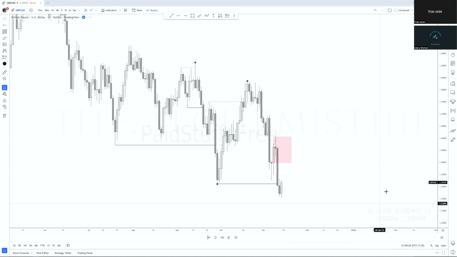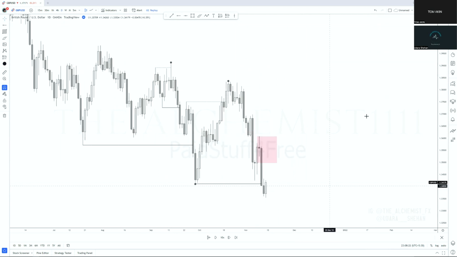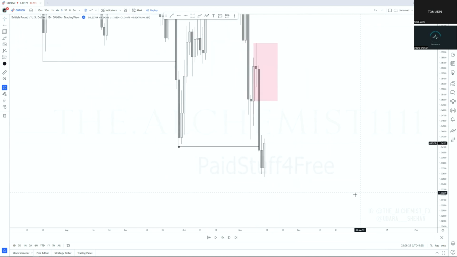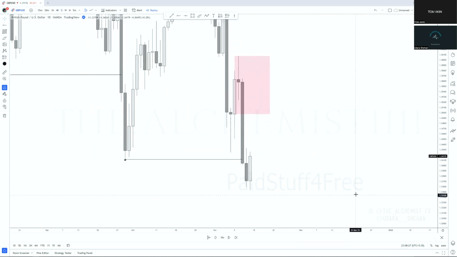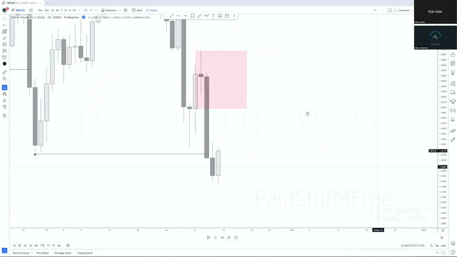On the daily, the next thing we do is, remember, we mark out the ranges, and then even on the daily, we look for the next point of interest. Okay, so what's the next point of interest we have on the daily now? See this, the weekly rejection block is a daily order block here. And also we have your,